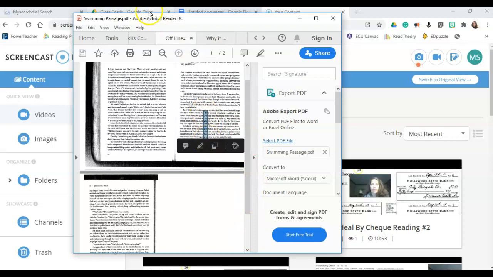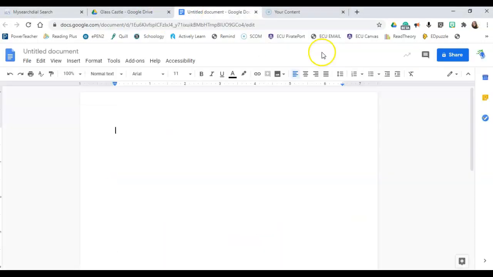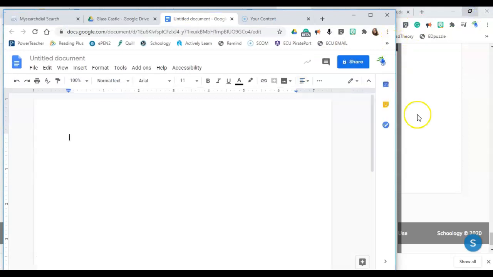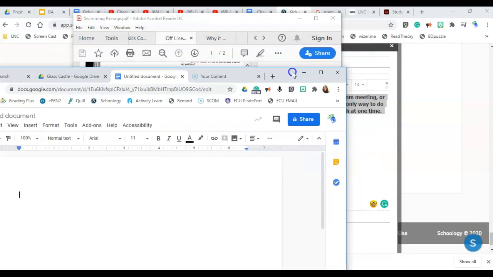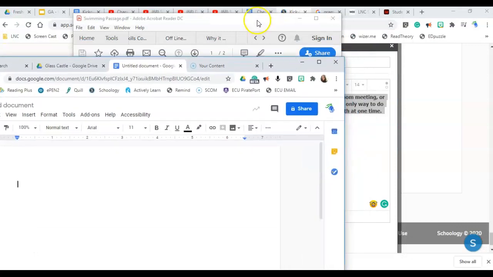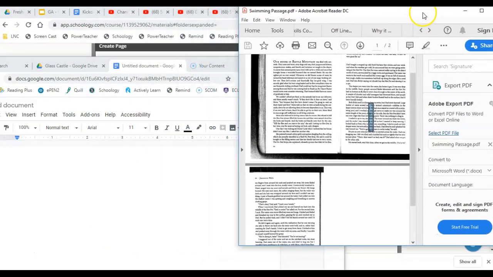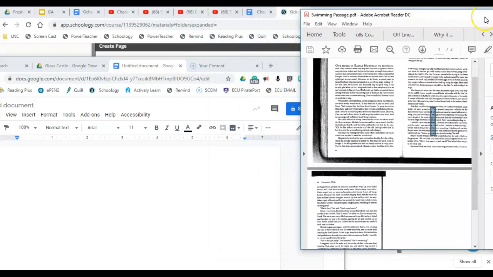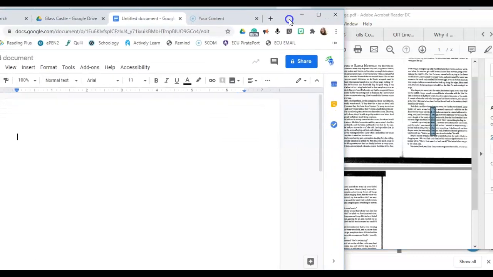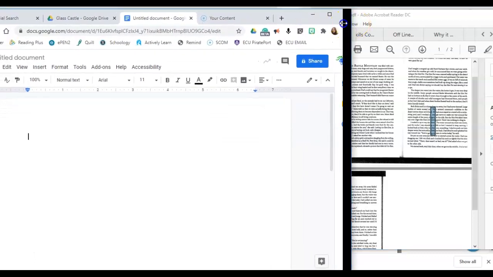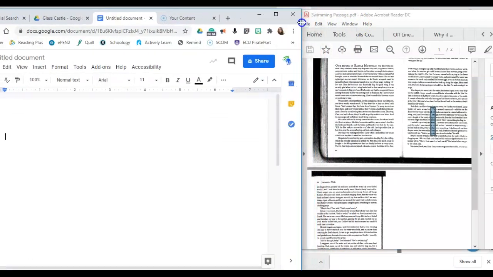So I can have this small and this. Sometimes you have to play around with them just a little bit to get the two screens that you want on there. But what I'm going to do is have a passage on the right and a document on the left where I can do some typing. So